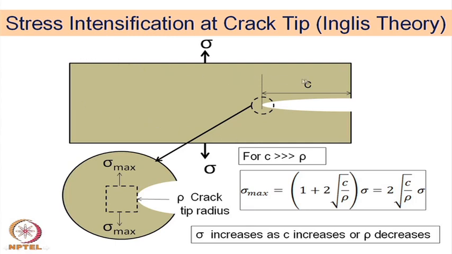We have a solid, and there is a crack that has already been initiated. That means this part has been separated. Initially this was the same. Now, because of some reason it may be stress, it may be some other stress generated by some other means, not applying external stress, but internal stress can also be generated in different ways. We look into that. So, a crack is already there, and the crack is normally of this nature,